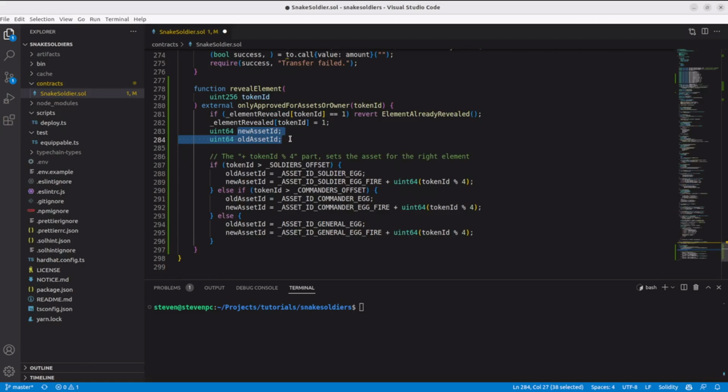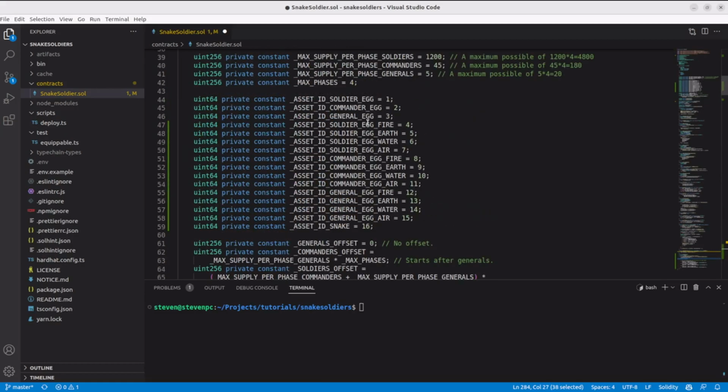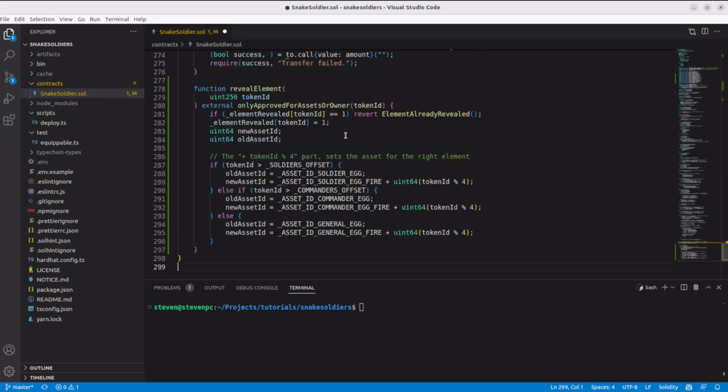This will depend on the ID of the token. So the idea is that if soldier A was set to be fire, the next one will be earth, and the next one will be water, and the next one will be air, and the cycle will begin again. This is also known as round robin.